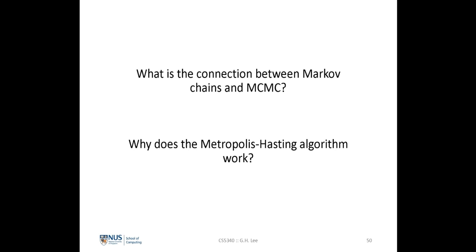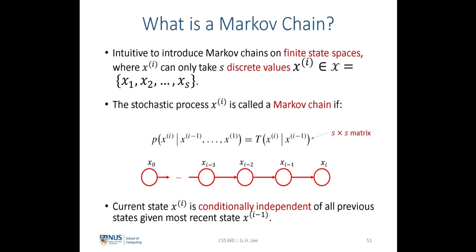So far we have seen the Metropolis-Hastings algorithm, and we have seen how it works on a proposal distribution that is adaptive, that can cover the whole space of the target distribution. But we haven't answered what's the connection between the Markov chains and the MCMC algorithm, and what actually makes the Metropolis-Hastings algorithm work. So before we talk about how the Metropolis-Hastings algorithm works, we have to define what is a